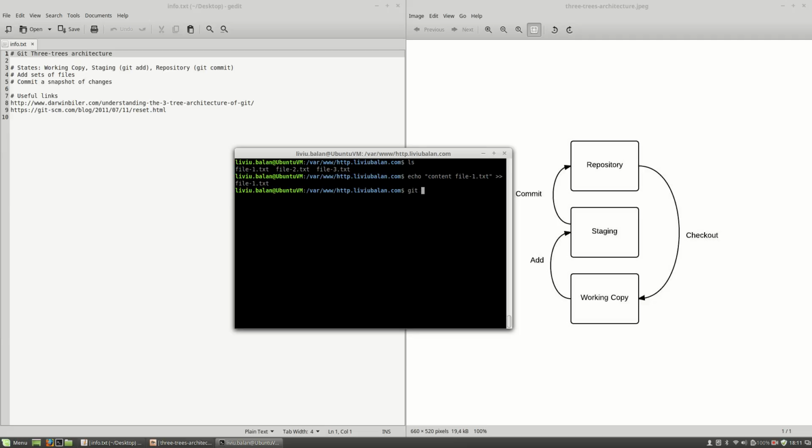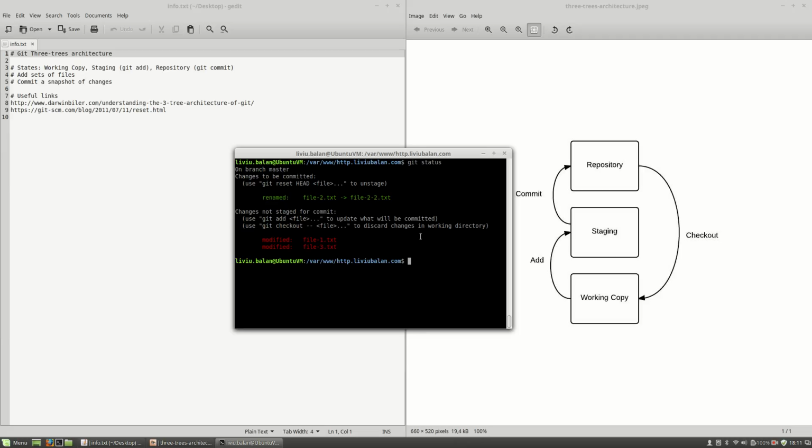After this, I will rename file 2 using git mv file2.txt file2-2.txt, and I will use the echo command again, and I will write some new text inside of the file3.txt file. Now, if I type git status,